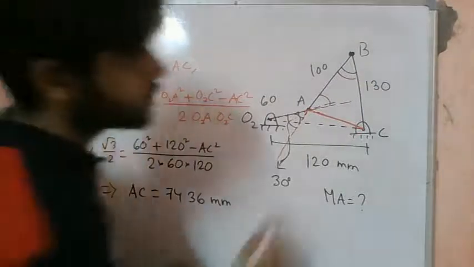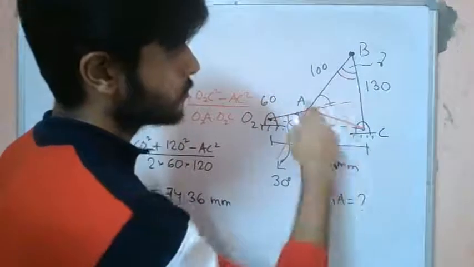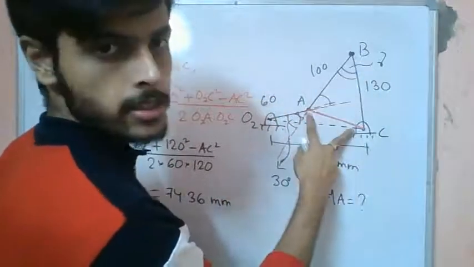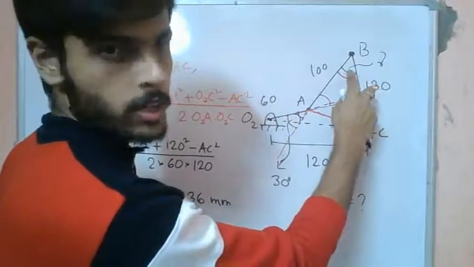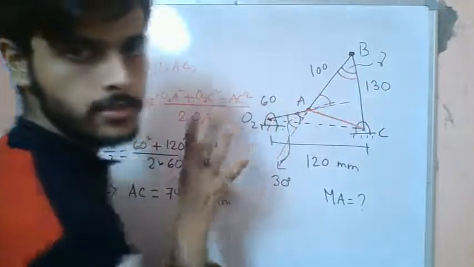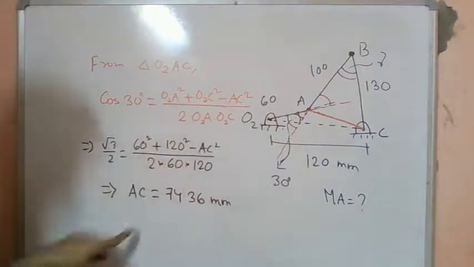So now we can find this angle out directly. This angle, let's say this is gamma. This angle can be found from this triangle. We know this length, so we can use the cosine formula again, with cos gamma, and we can find out this output angle. So let's try to find that out. This is the AC length.